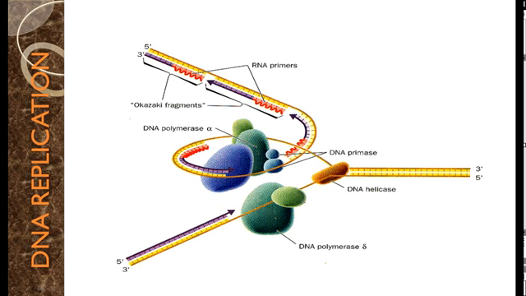This is another diagram showing the loop formation in the negative strand. You can see the negative strand is here. Two Okazaki fragments are formed in this direction or this direction. These are formed after they wind around the second molecule of enzyme and come out of the enzyme. Then complementary bases are attached together, forming a complete strand.